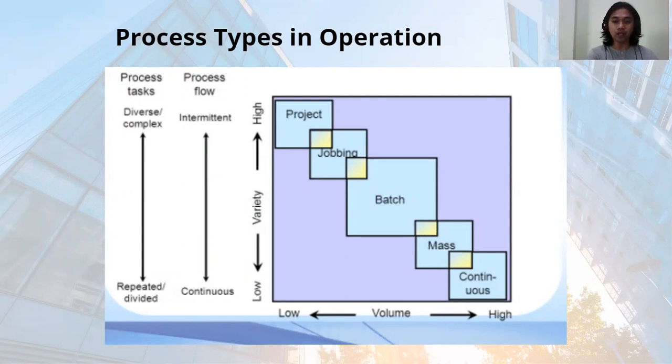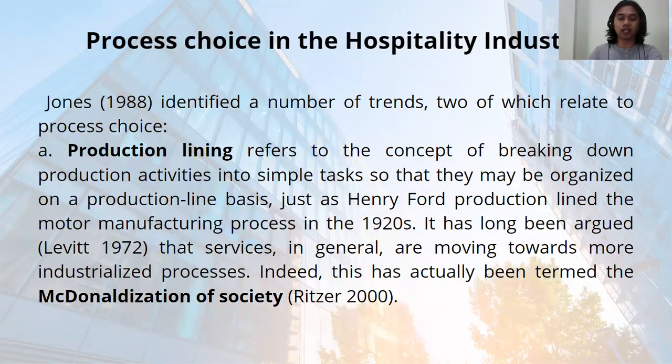However, when you go up, meaning there is an increasing variety of your production, your process flow is more intermittent, or it could change, and your process tasks are more diverse and more complex. So this pertains to project-based activity, job shop operation. Okay. And an example of this would be the trend identified by Jones in 1988,